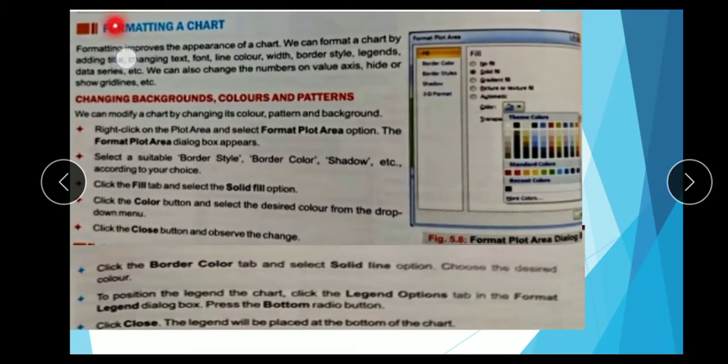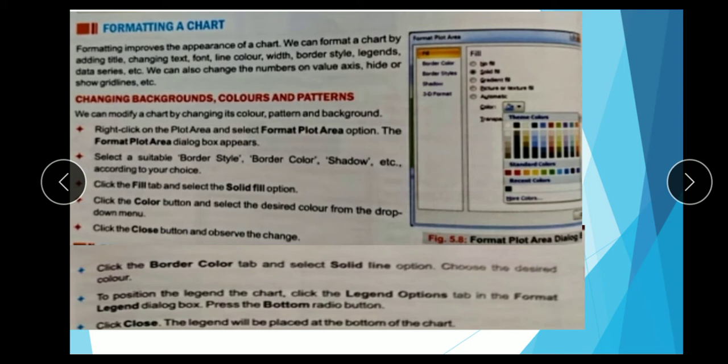Next one, formatting a chart. How to format a chart. Formatting improves the appearance of a chart. We can format a chart by adding a title, changing text, font, line, colors, width, border, style, legends, data sheet, etc. Means all these things you format.